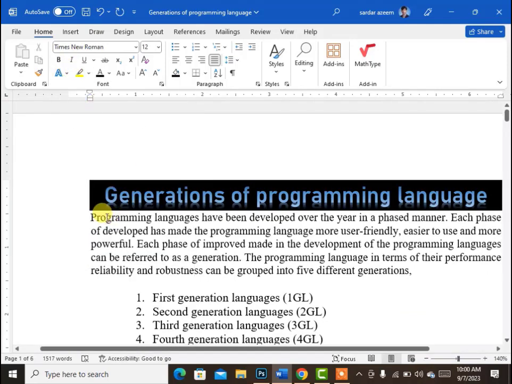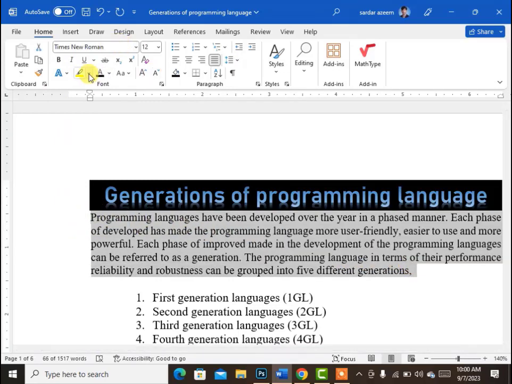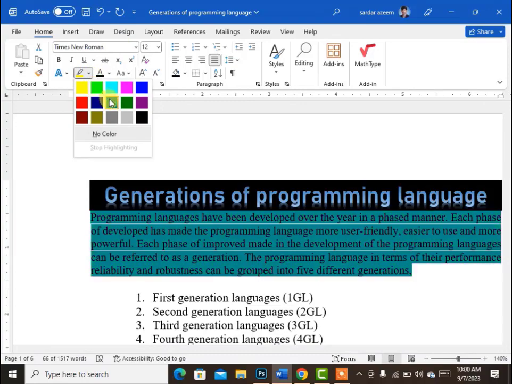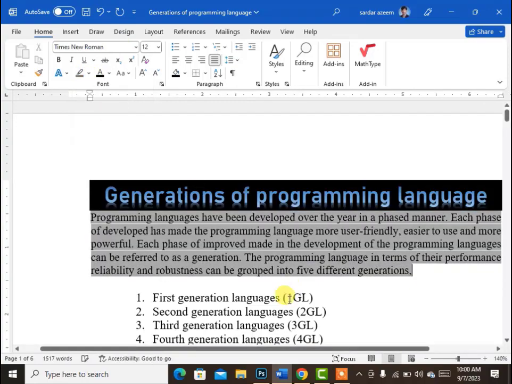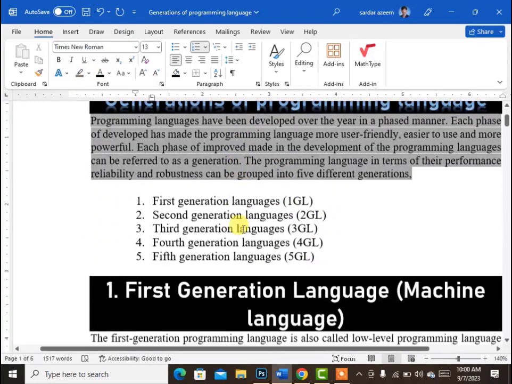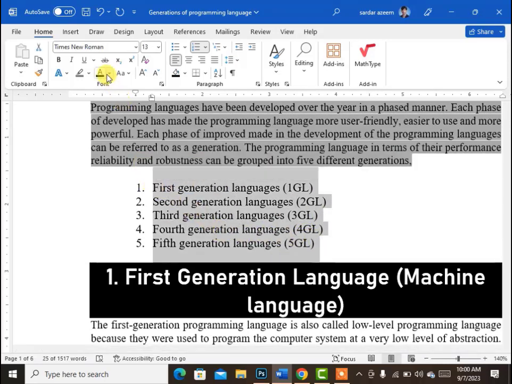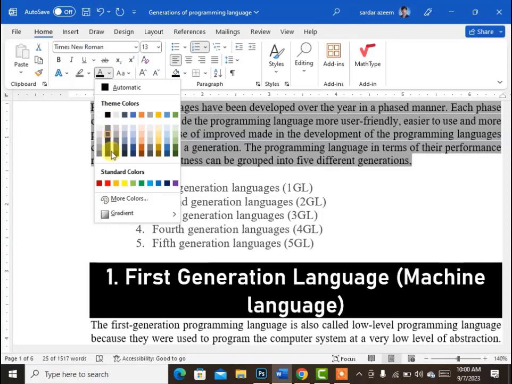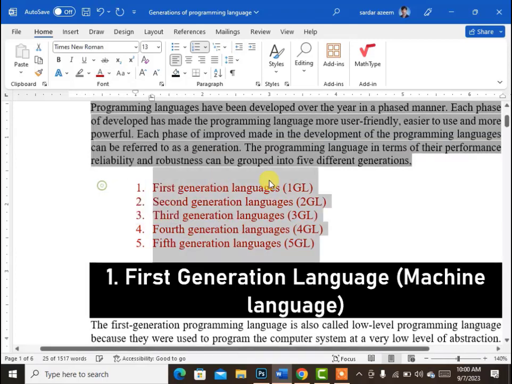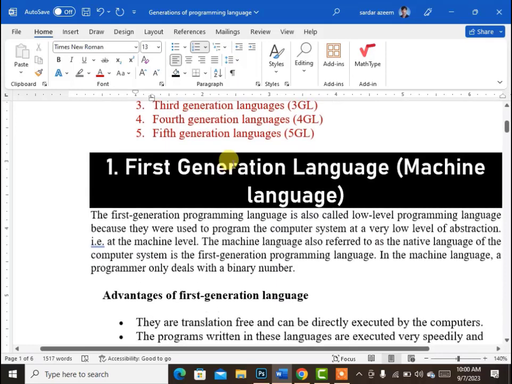Okay. Next to that, you can see the highlight color. Highlight color is used to apply some color in the background of text. Here I have applied the gray color. Next to that is the font color. Font color will apply color to our selected text. Next to that, you can see